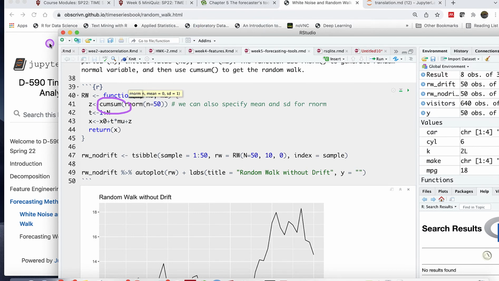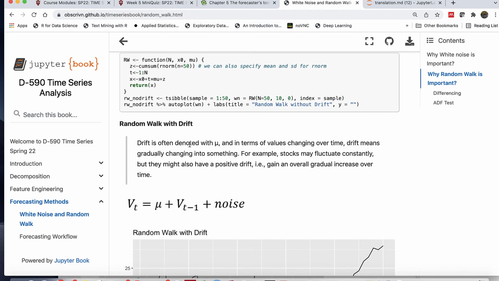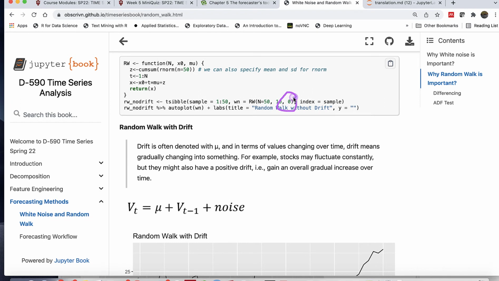build our random walk. Another type of random walk could be with drift, where instead of 0, we add some constant value. Drift is often denoted with mu, and the drift means just a gradually changing, right? For instance, stocks may fluctuate constantly, but they may also exhibit some positive drift. So our formula includes this mu, this constant, that will be exhibiting this gradual increase in addition to the previous value